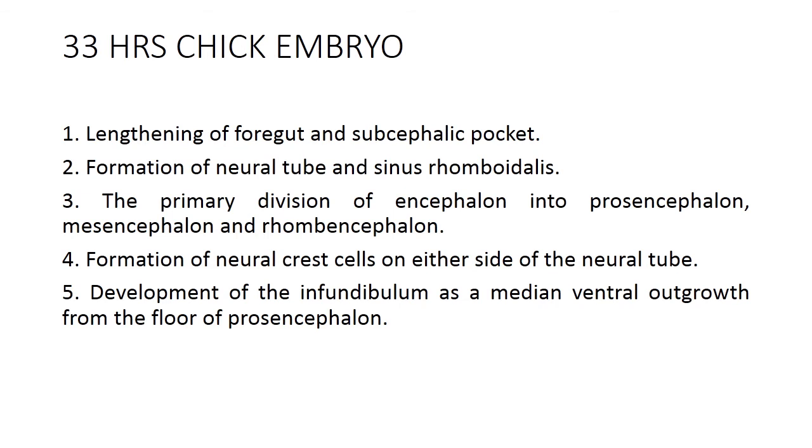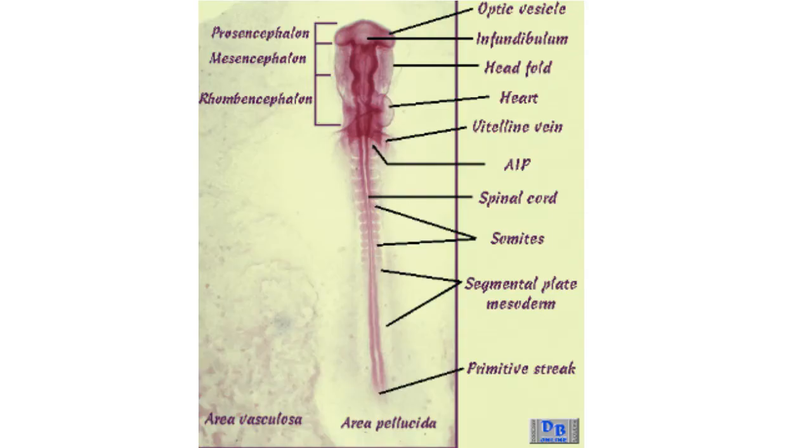Formation of neural crest cells on either side of the neural tube. Development of the infundibulum as a median ventral outgrowth from the floor of prosencephalon. This is the embryo at 33 hours. The primitive streak is very reduced. You have a well developed brain, a spinal cord is also visible, and on either side you have somewhere around 12 to 13 pairs of somites arranged on either side of this